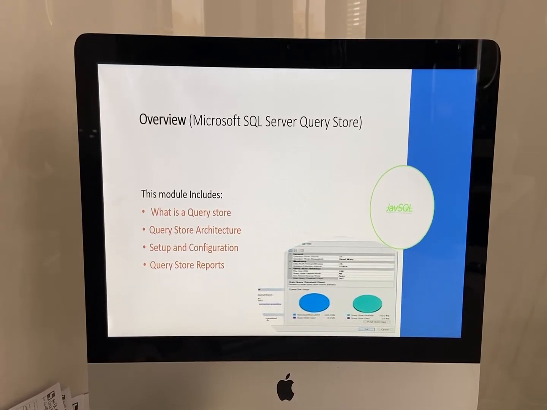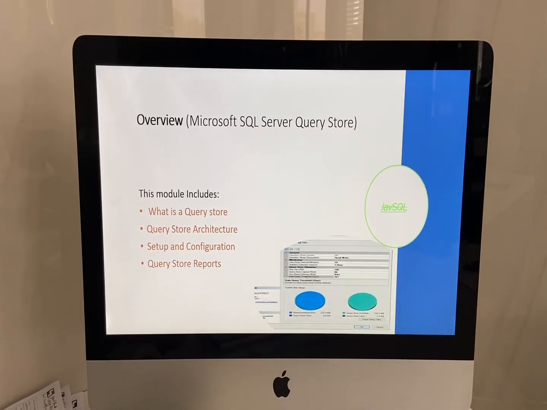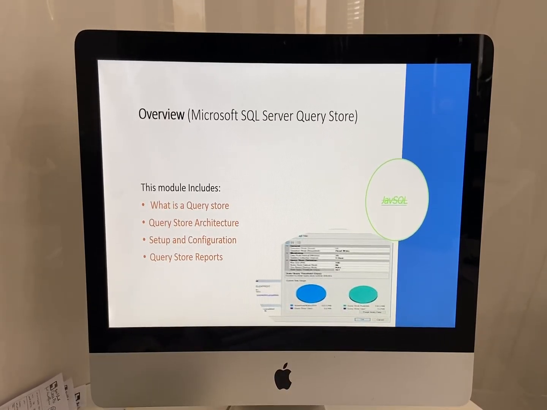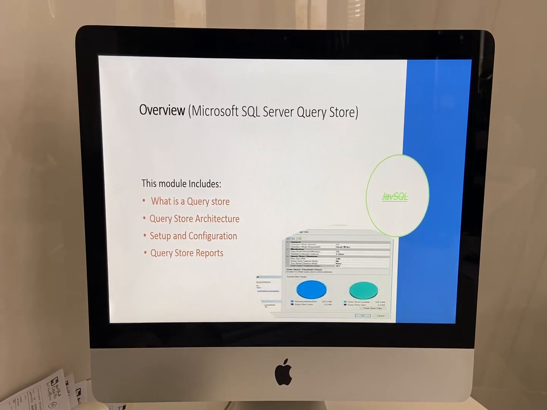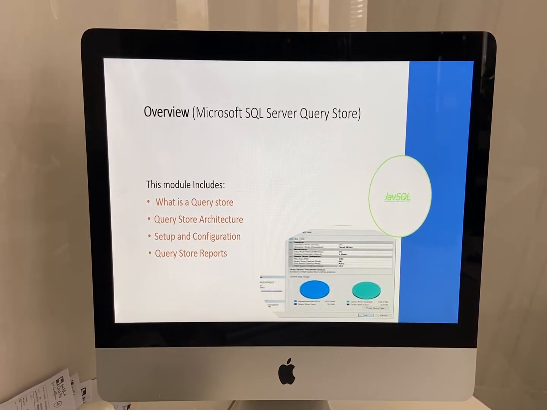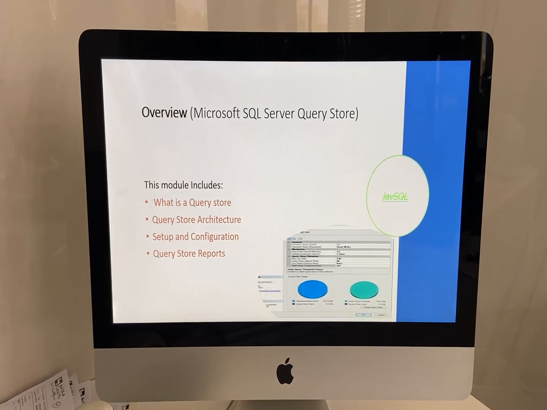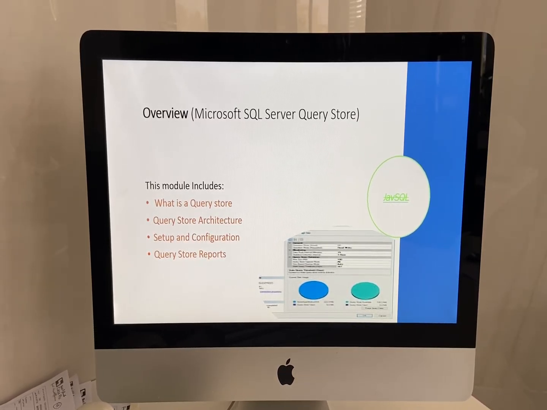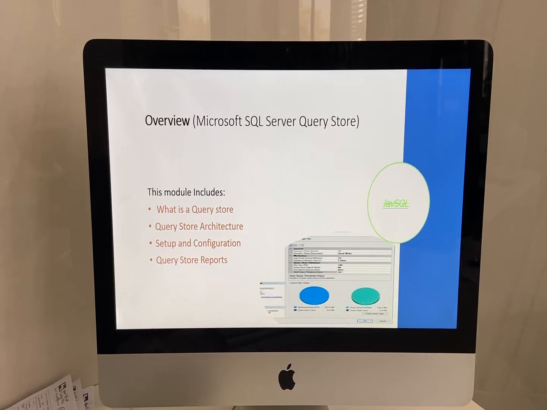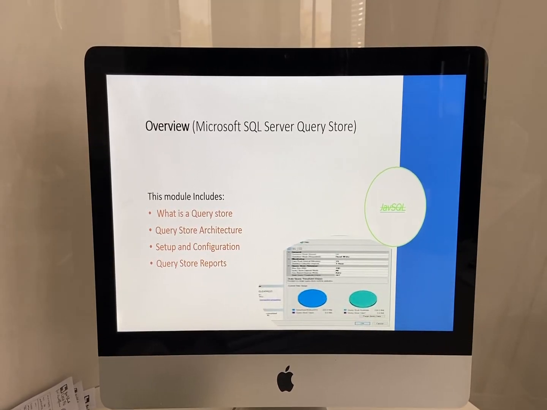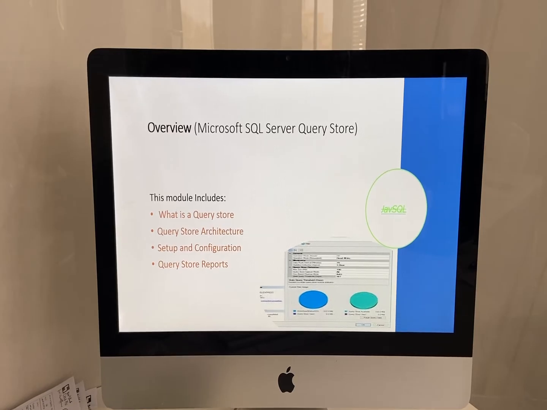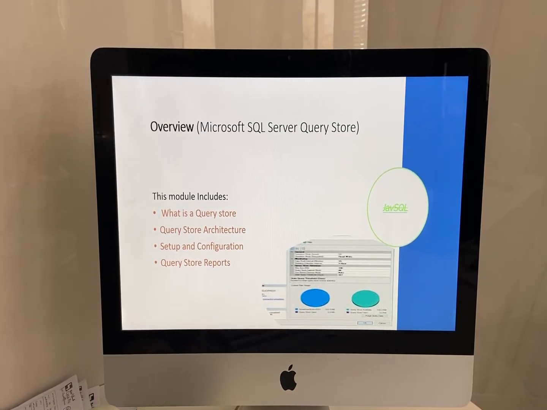These reports are very helpful in finding poor plans, runtime statistics, and the resources consumed by queries. It is very difficult to build these reports manually, but by using them, the life of a query performance person, the life of a DBA, will become easy.